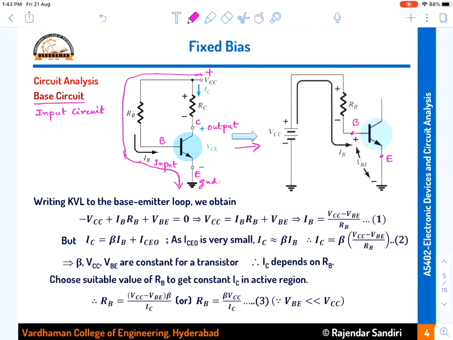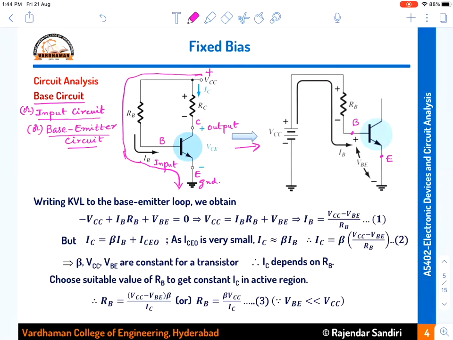Network issue. Now, the base emitter circuit is your input circuit. So the input circuit can be called the base circuit or input circuit, or this can also be called the base emitter circuit. The emitter is ground, which is common for both the input side and the output side. So this can also be called the base emitter circuit. Base circuit or input circuit or base emitter circuit. I hope you understood. If you take the base emitter portion, the equivalent circuit will become like this.